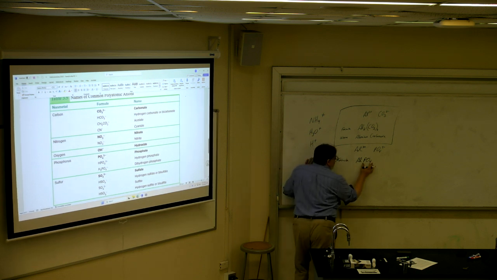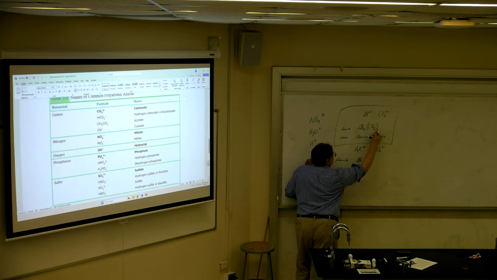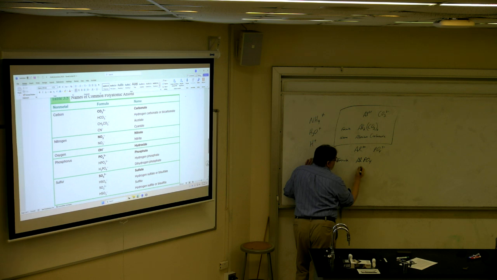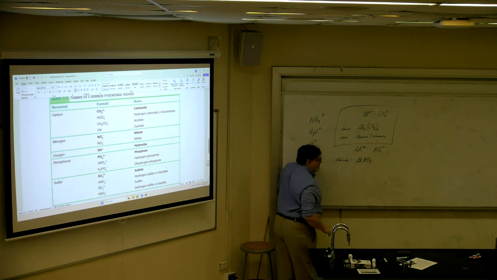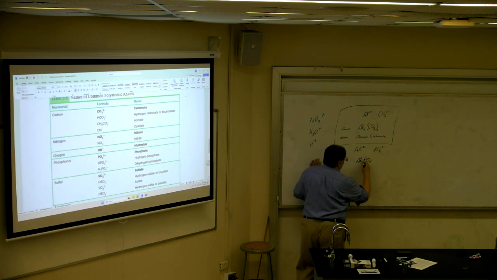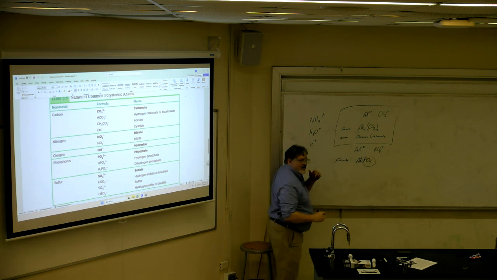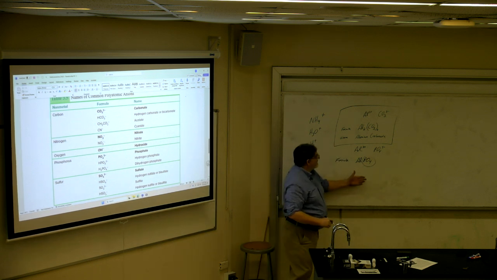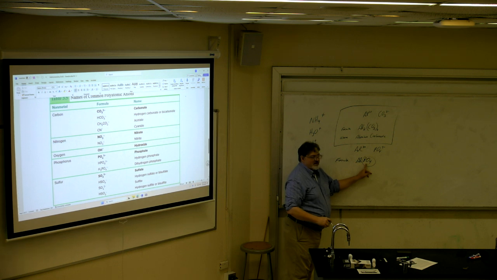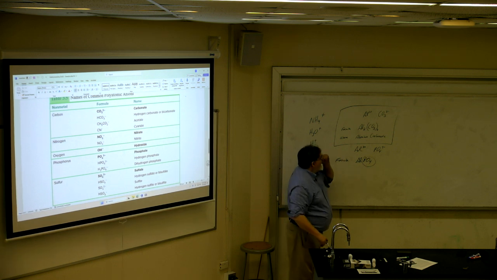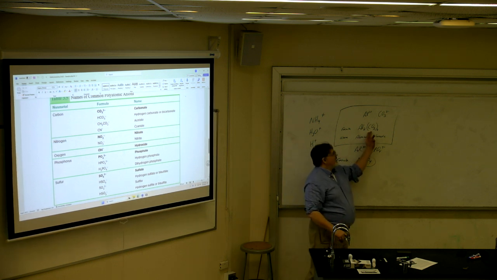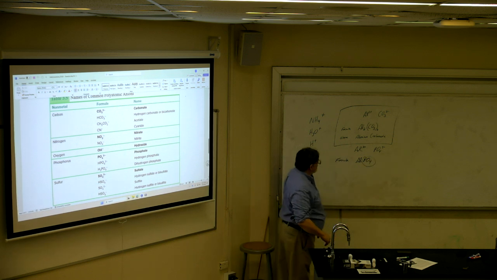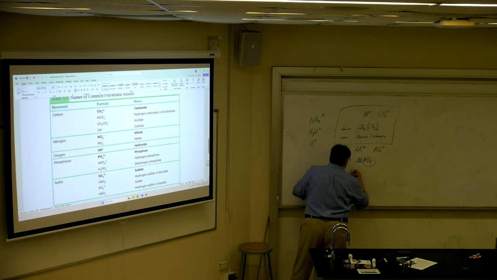Because there's only one of these, I don't have parentheses with a number subscript. And that's the tricky part, but you can see the metal easily. So that tells you the rest of this is a polyatomic ion. So seeing them in the formula, it's only tricky when this doesn't have parentheses, when there's only one of them. Here, it's easy to see that the anion is in parentheses. And the name of this